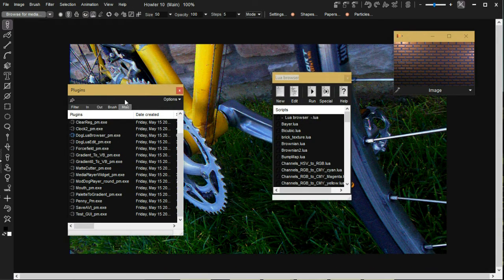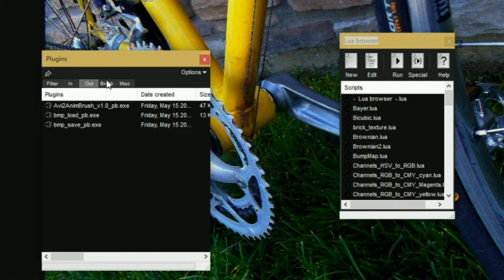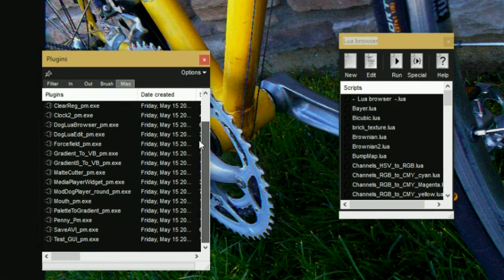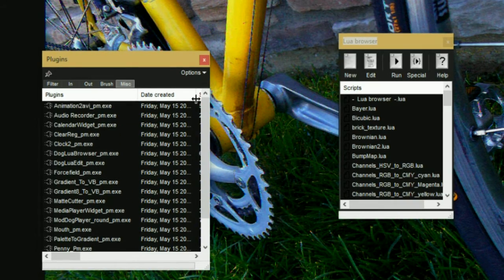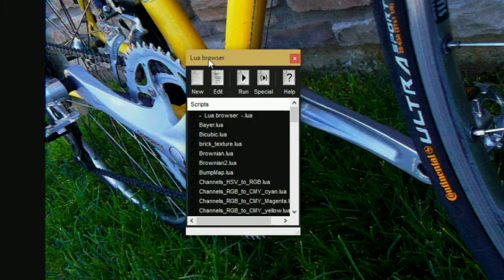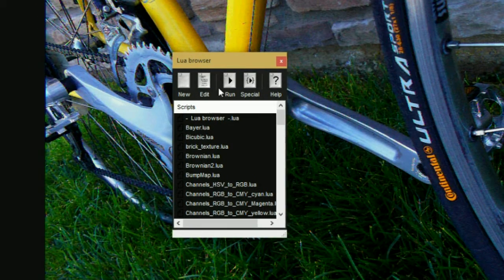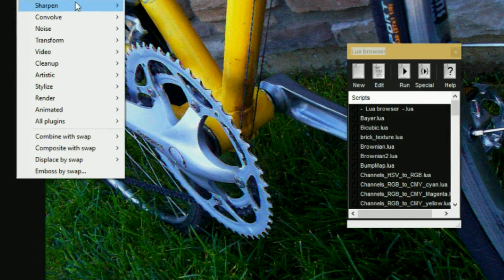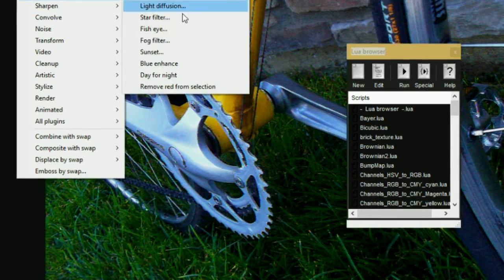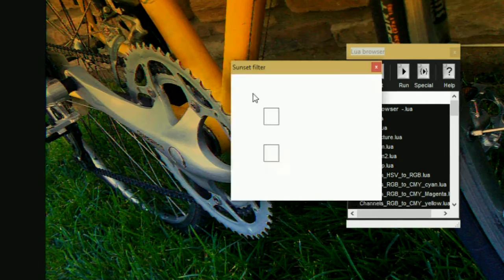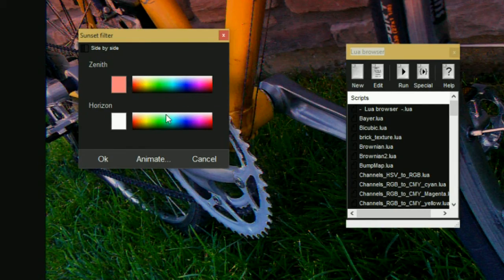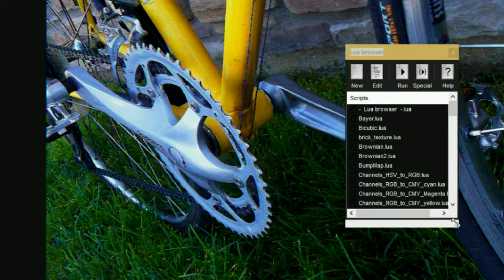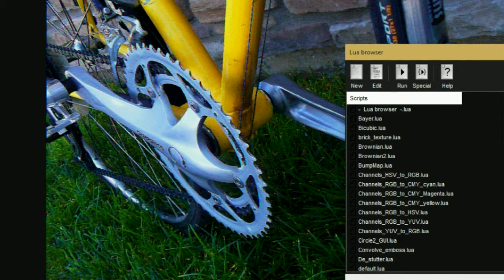And as you know, under Plugins, we have a number of tools that expand and extend our functionality, and in fact, quite a bit of Howler is implemented as plugins. Well, the same goes for Lua scripting. Actually, a lot of our filters were originally written as Lua scripts. If you look under some of these tools, for example, Sunset Filter, you see we have this tool. This is actually integrated into the program now, but it originally started life in Lua, and we can see that